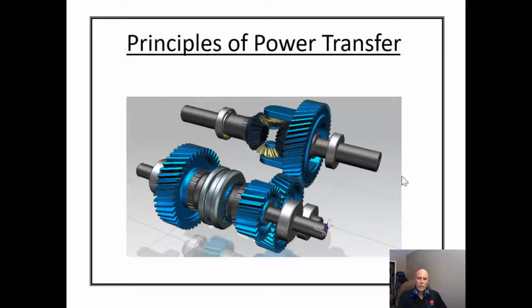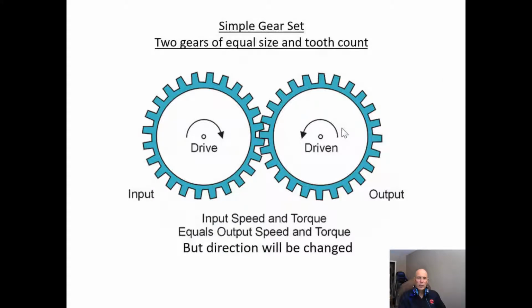We're now going to take a look at the principles of power transfer systems and what they can do for us. So if we take a look at two gears, they don't have to have teeth on them. We could have two wheels. Now, if both wheels are the same size, our input and our output speed is going to be identical,